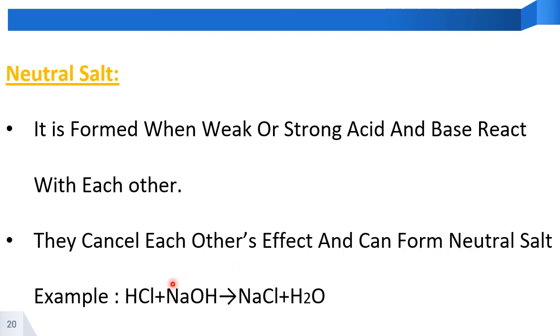The best example is HCl plus NaOH. HCl is a strong acid, NaOH a strong base. This one will dominate, and that one will not keep quiet. So the strong acidic character is nullified by the strong basic character, and the result is what? The salt is a neutral salt. So sodium chloride is an example of a neutral salt.